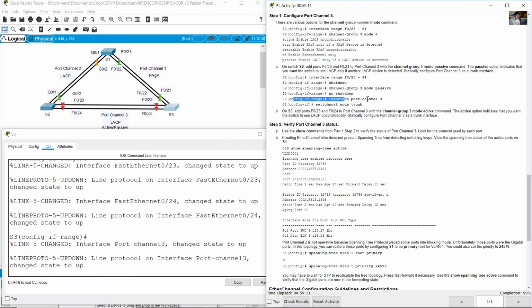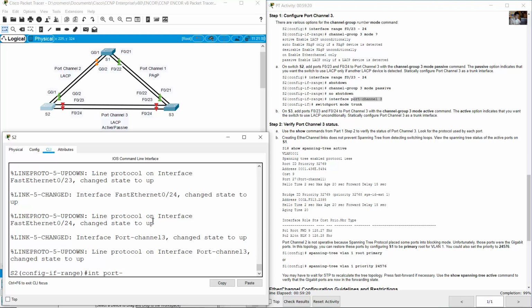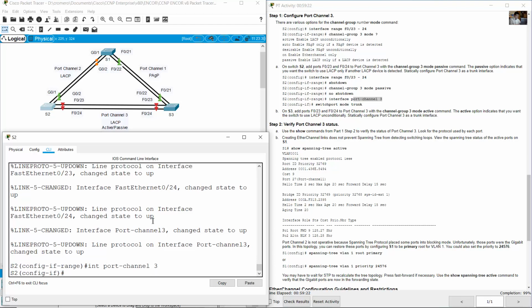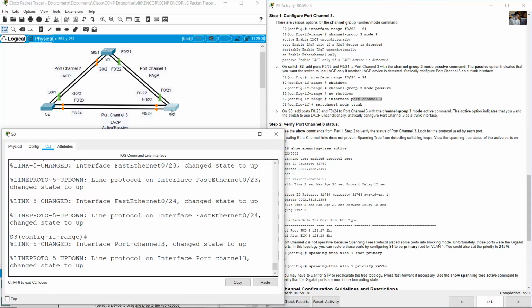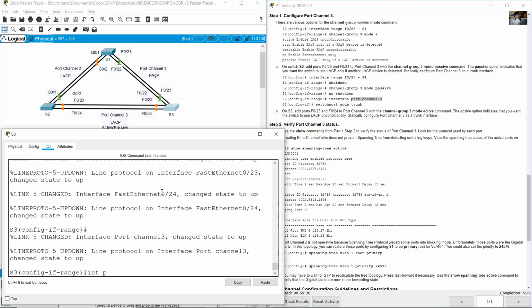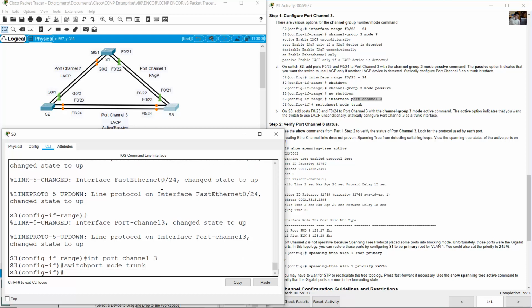And don't forget to configure the logical interface as trunk. And remember, port channel is 3. Go to S2, interface port channel 3, switchport mode trunk. And go to S3, enter interface port channel 3, switchport mode trunk. Okay,